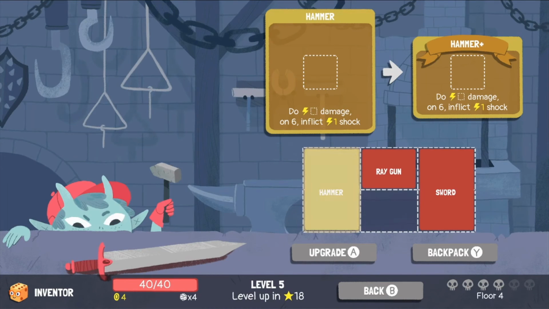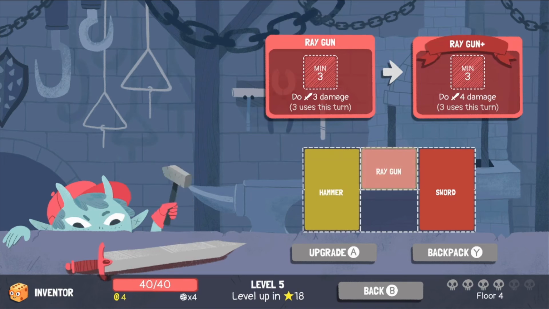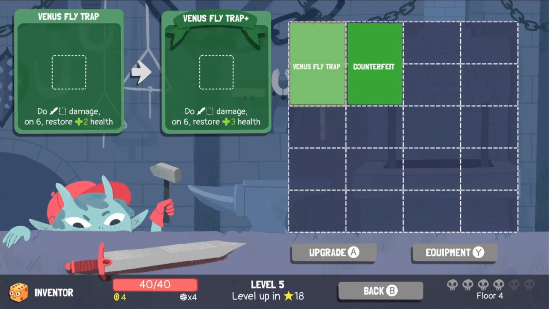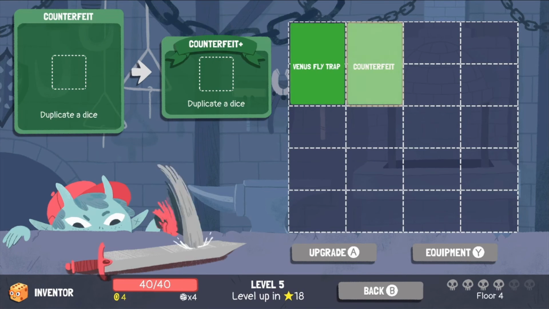Hammer makes it small, which is pretty good, so we'd be able to stack that with ray gun and also pop Venus flytrap in there. That's pretty good. Ray gun increases the damage by 1, which is pretty good, but we need more dice to really make use of that. Sword, it's going to do an additional damage, which is pretty good, actually. It's not as good as hammer, though. In our backpack, we've got the Venus flytrap, which is going to be restoring more health on a 6. Or counterfeit makes it small,